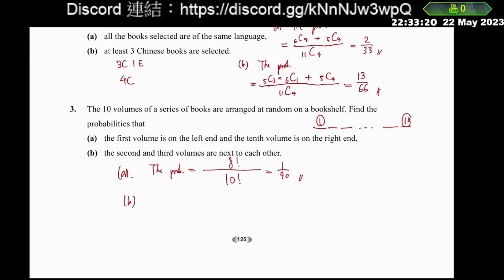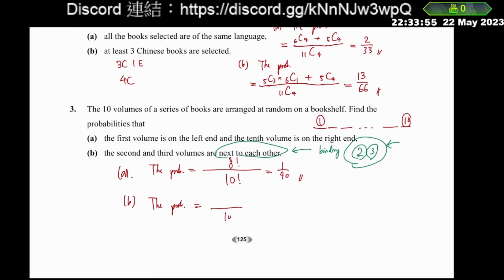So for part B, the second and third volumes are next to each other. When we see next to each other, we try to trigger our way of counting for the binding method. So we try to bind 2 and 3 together as 1. That is, we put 2 and 3 together and bind them as only 1. Then if we put them as only 1, there are only 9 things left. And so for the probability,